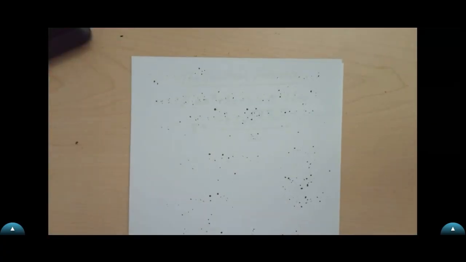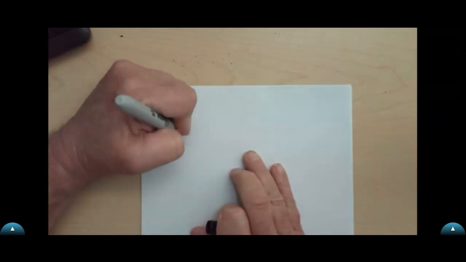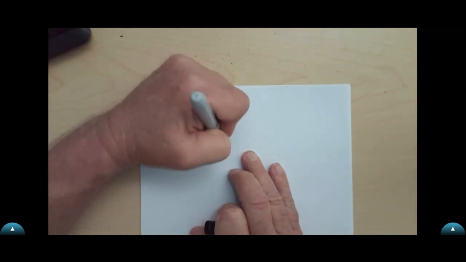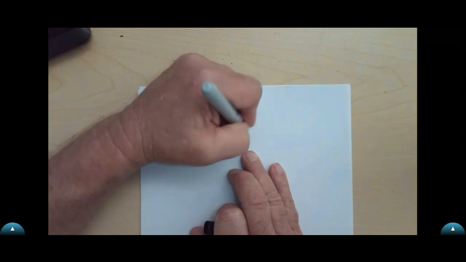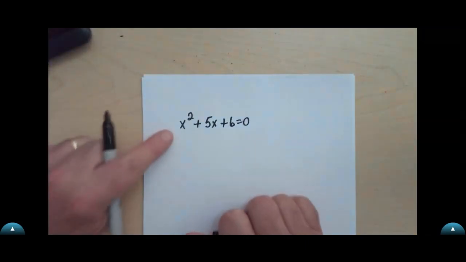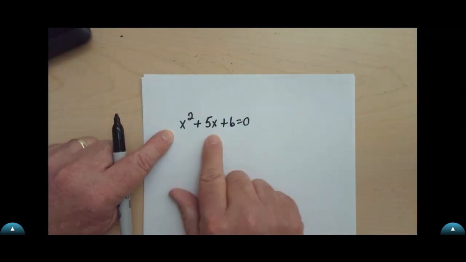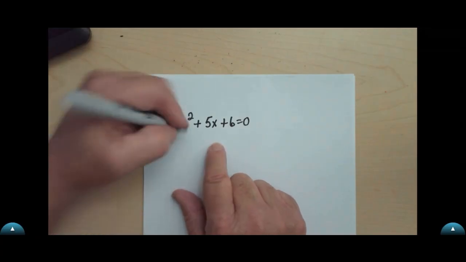Thing I would say about the quadratic formula is a lot of students, so first of all, the quadratic formula will solve any quadratic equation. It doesn't matter. If it's one that will factor, it'll solve it. Like if we had something like this. I could use the quadratic formula to solve this. I never would because I know how to factor that. And if we solve this by factoring,